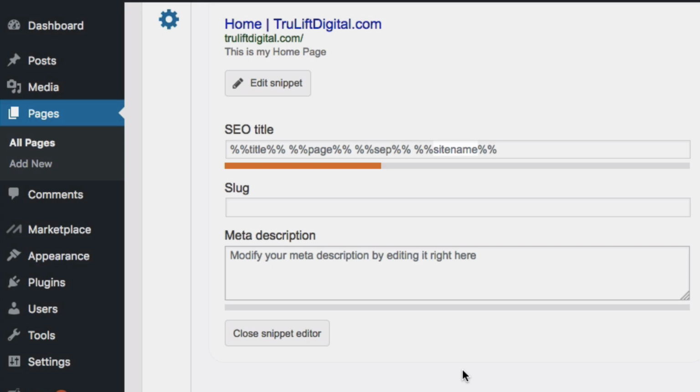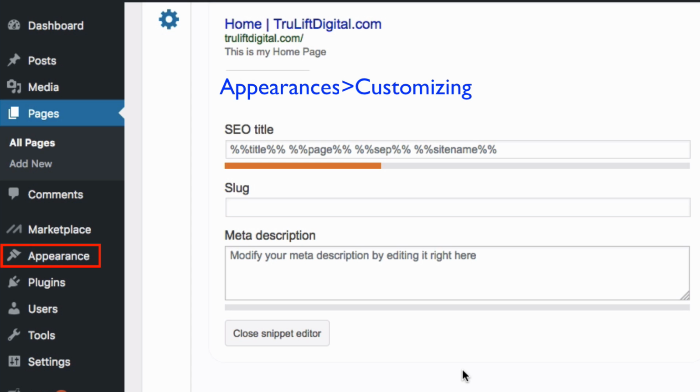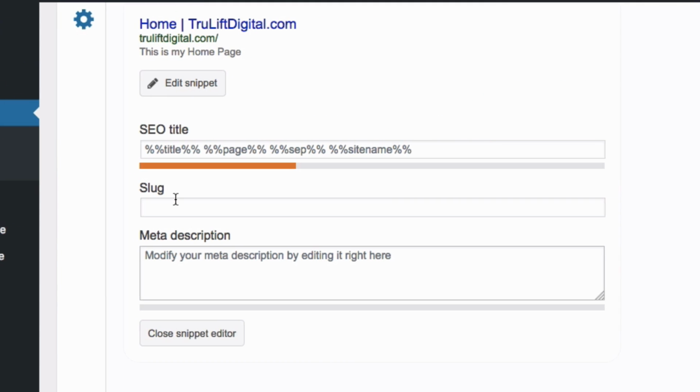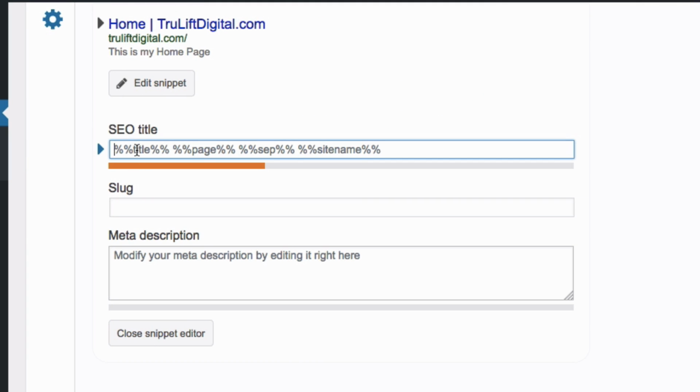subsequently modified, either in the Appearances tab inside of Customizing and then Site Identity, or inside of the Settings tab and General Settings. In just a moment, I'll show you how you can change the default settings for the SEO title in Pages and Posts, but for now, since the homepage is a special page, the first impression that often greets visitors to your site, I'm going to override the default and just type what I want to show up